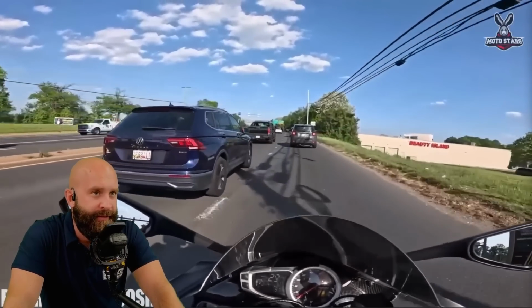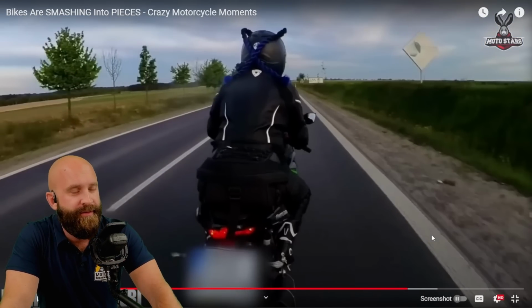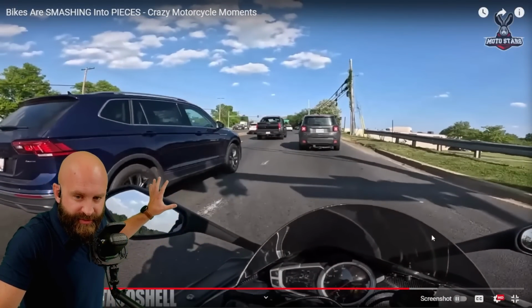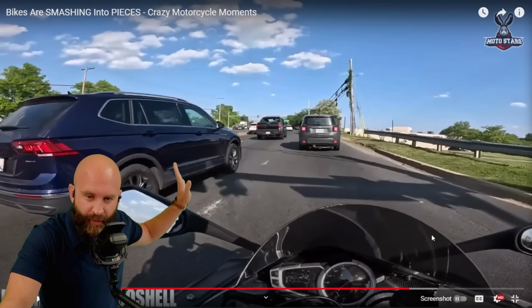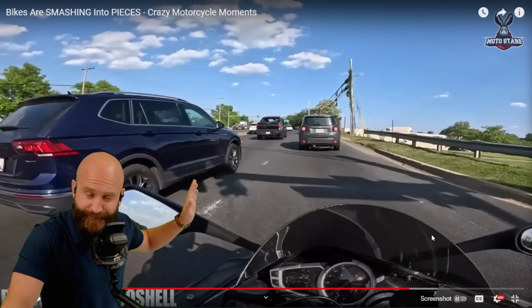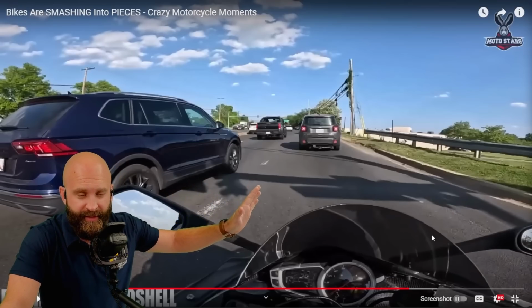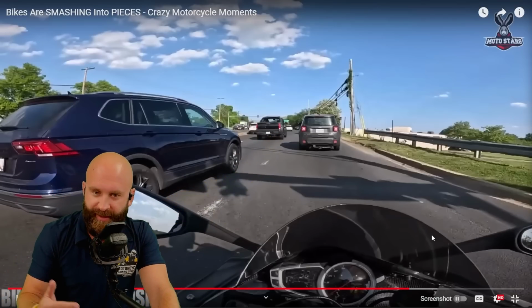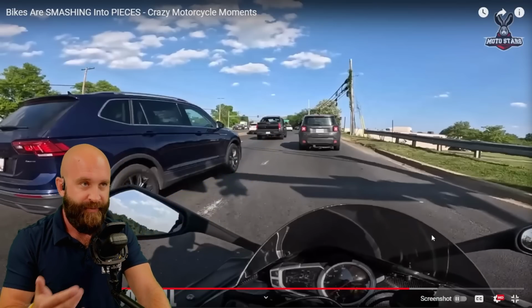Come on, bro. So, open lane pattern. His lane was moving slower than our lane. We're in the blind spot. They either didn't check their mirror or their blind spot. Either way, they're going to move over because what they're looking at is the car in front. So when we're in the blind spot and we see that our lane is moving and their lane isn't, just